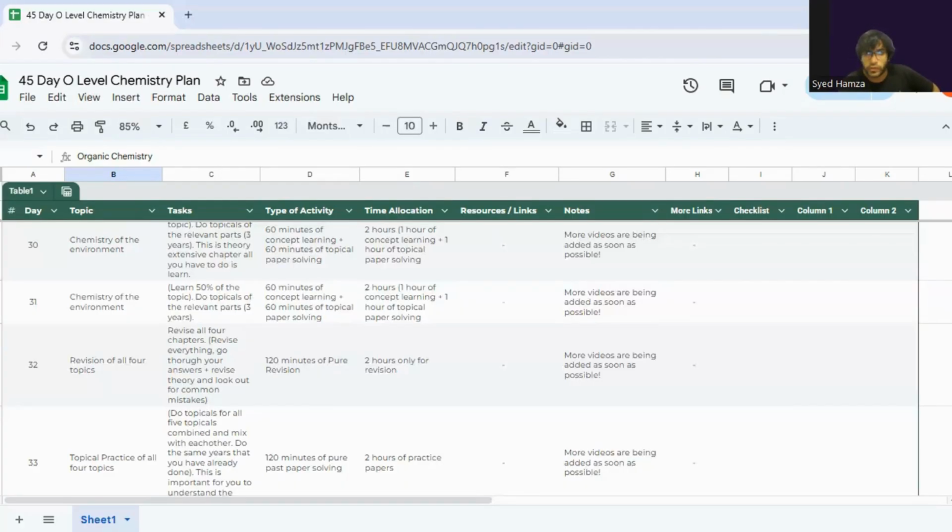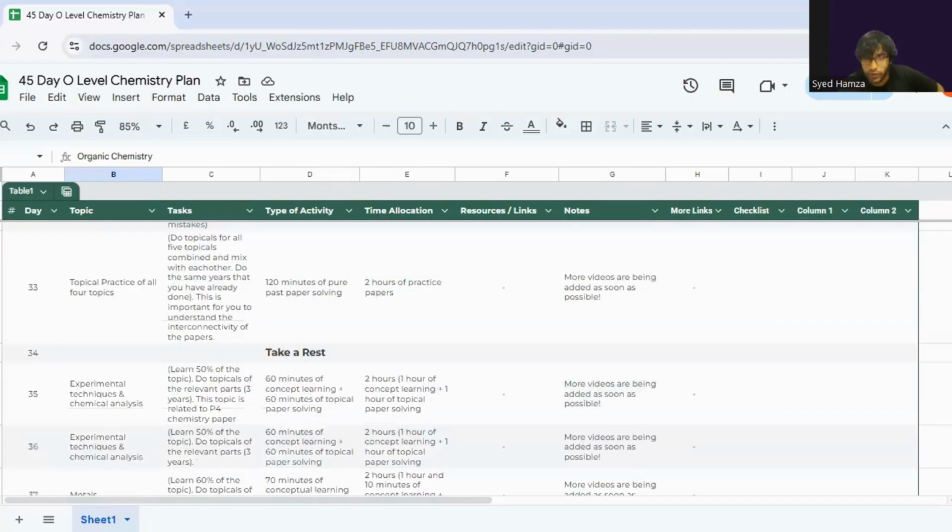So this is how it stands after 33 days, right? Okay. So then you have a rest day. See, the way I've planned this, you have already 3 rest days inside it. I think there would be another one. So basically, you're covering the entire syllabus in 41 days, actually.